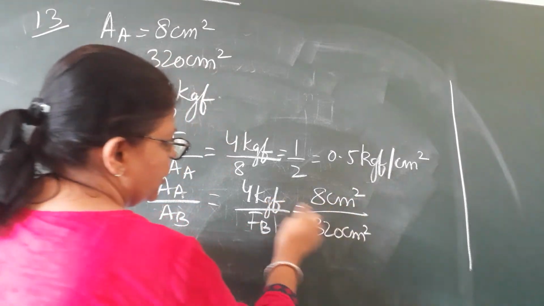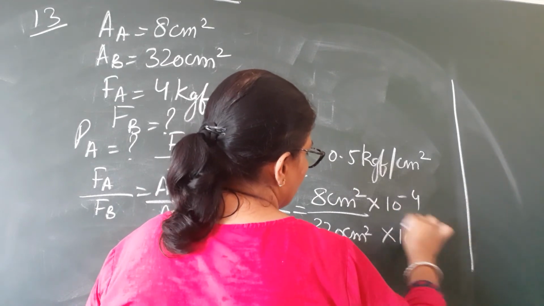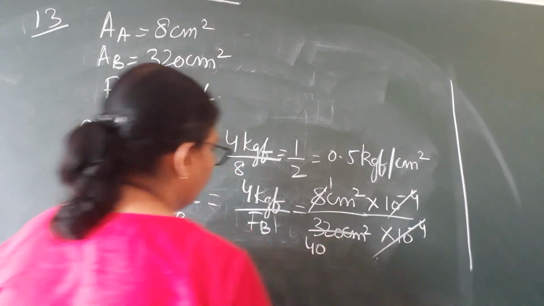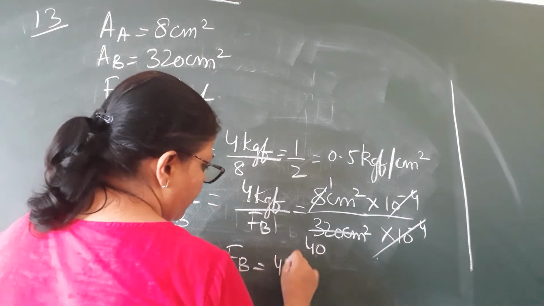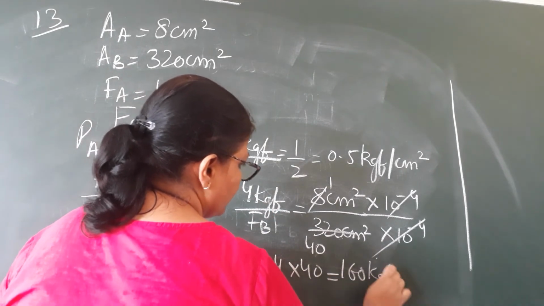The units will cancel, and here, with kgf, I need to convert to square meters, which is going to get cancelled. 8 4s are 32. So finally, FB will be, I cross multiply, 4 into 40, that is 160 kgf is the force on B,